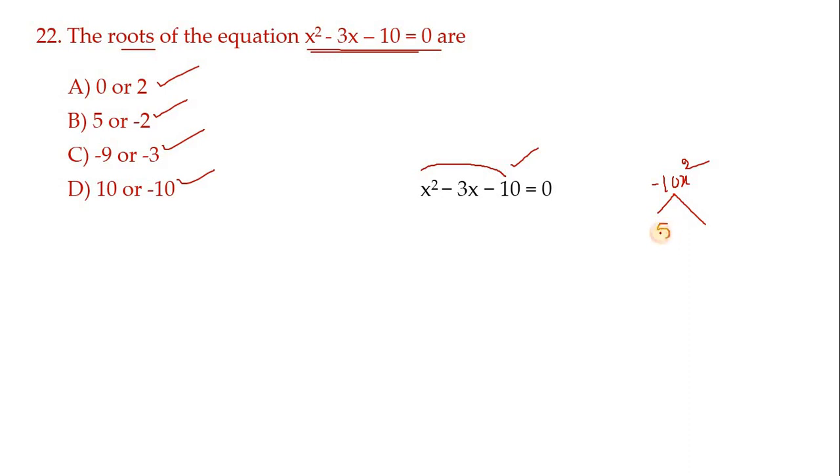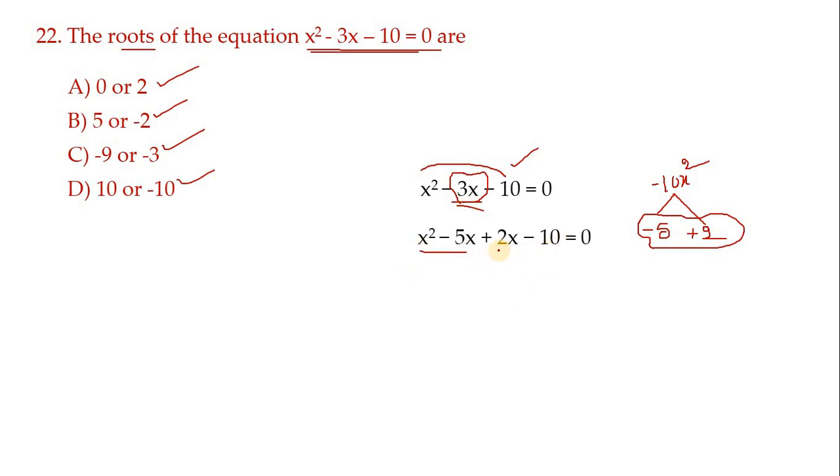So 5 and 2 give 10. Both the signs should be different: 5 should be minus and 2 should be plus, because here we wanted to get minus 3. Now write these factors in the middle term place, means split the middle term. So minus 3x we can split as minus 5x plus 2x like this.